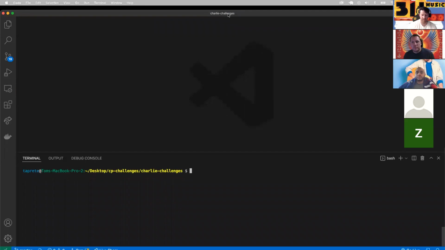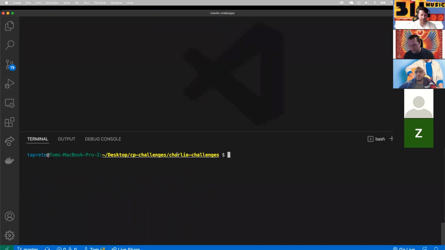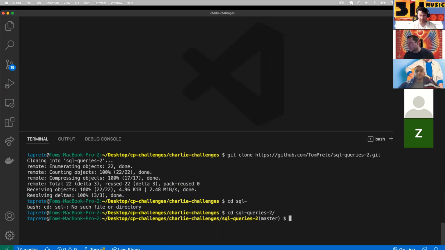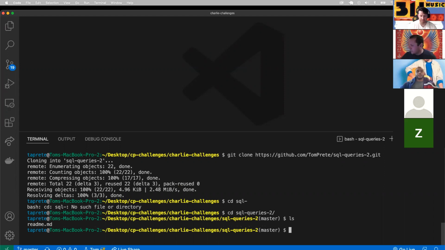And I am going to zoom in. So I'm in Charlie Challenges. And I'm going to do git clone, SQL Queries 2. I'm going to CD into SQL Queries 2. List everything out. Yep, I guess that's it. So I'm going to open that up into a new VS Code window